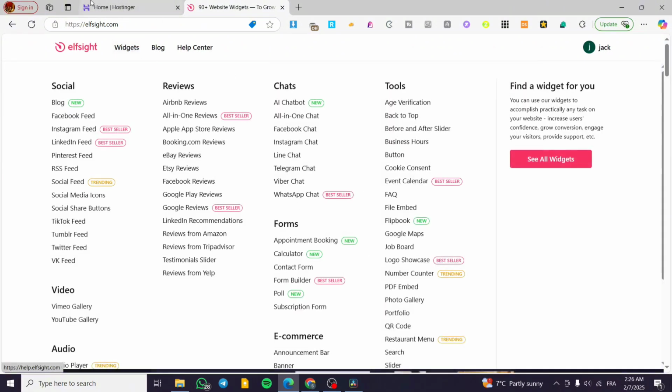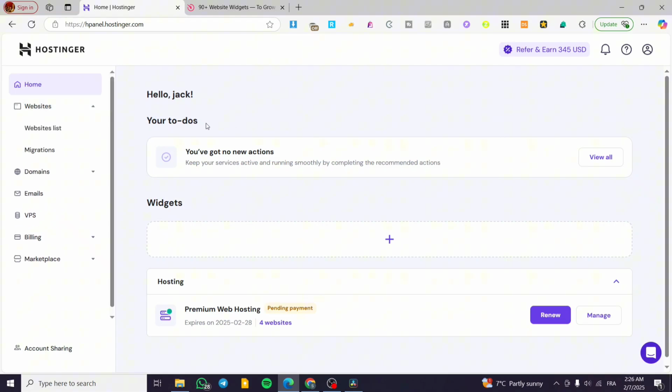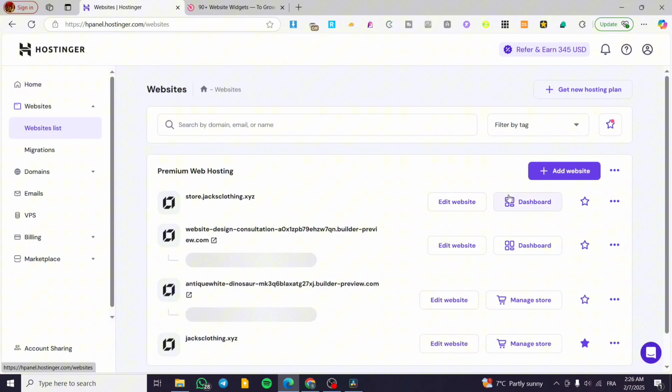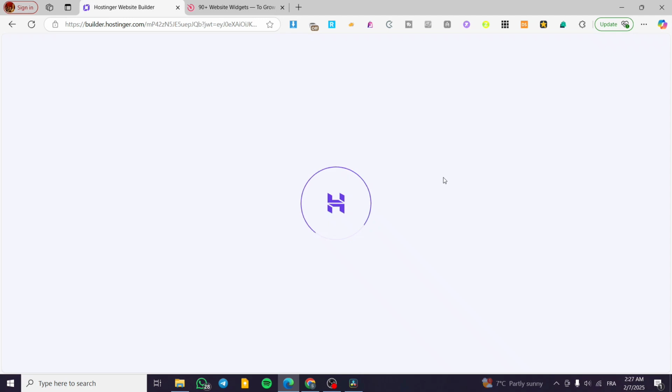Now head back to your Hostinger account, head over into the website section and click on websites list. Now under the websites list, you'll be able to find your available websites on Hostinger. Click on the edit website beside the website that you want to edit, where you want to add the visitor